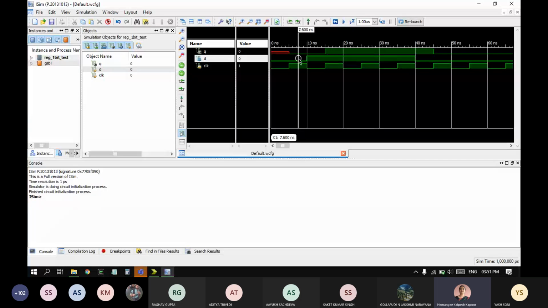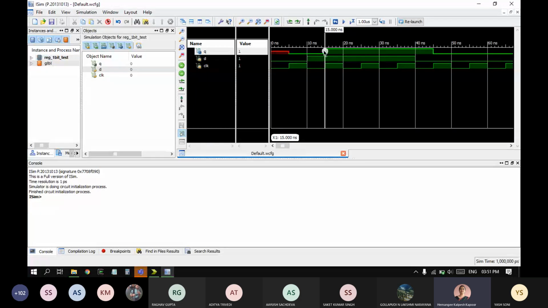And then you keep on looking at the Q waveform. The Q waveform is low up to 15, even if the D has changed at time 10. So at time 10, I made D equal to 1. And now this D will be copied to the Q only after the clock comes, because my code was at positive edge of the clock, copy the D to the Q. So when the positive edge of this clock comes here, this is the time unit 15. When clock goes high, that time the D, which was 1, gets copied to the Q.